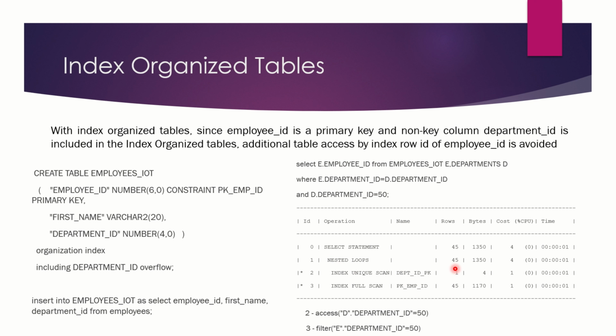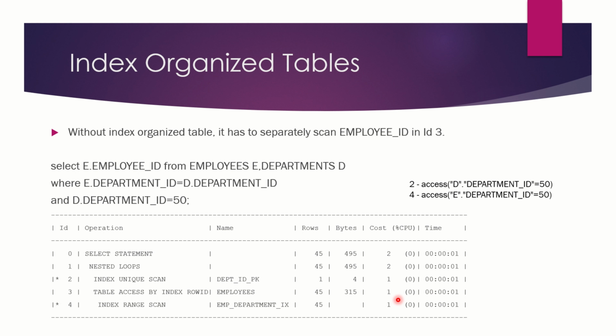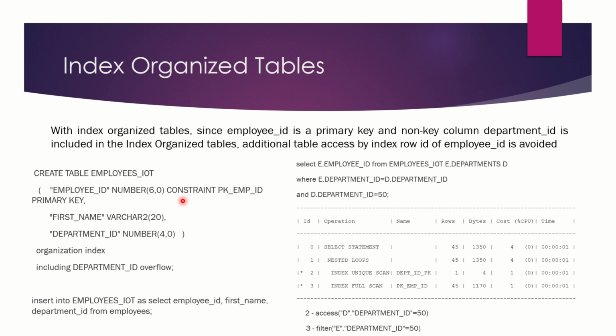If you compare this execution plan, there are 45 rows of the employees table which are scanned for 3 different operations. Compared with the previous example, you can see there are 4 separate times the employees table is scanned to retrieve the required information. So the index organized table has helped us to eliminate this unnecessary scan of 45 employees for the employee ID column. This was only possible because an index organized table is created on the employees table, which already has all the information of the respective employee ID and the department ID for a specific row.